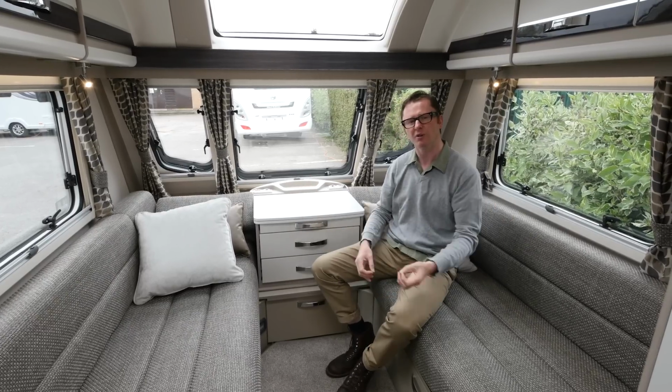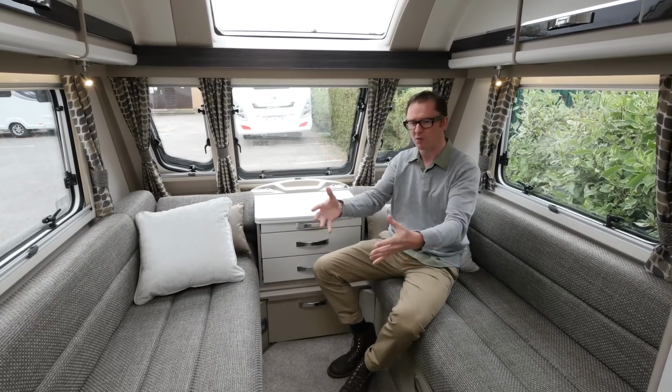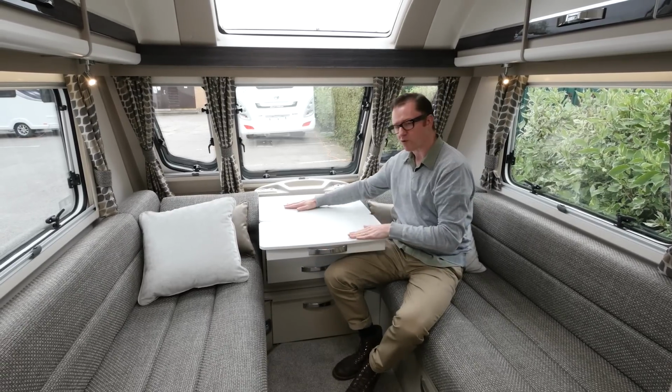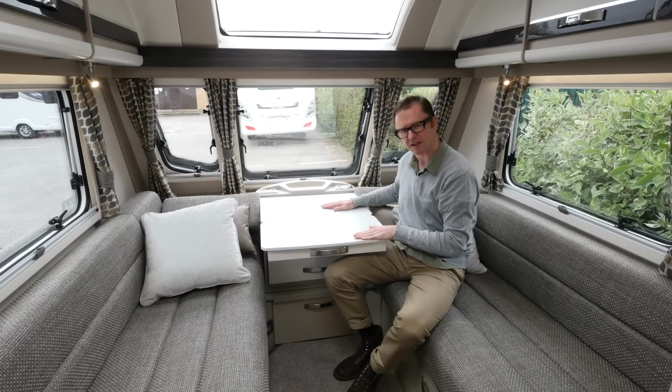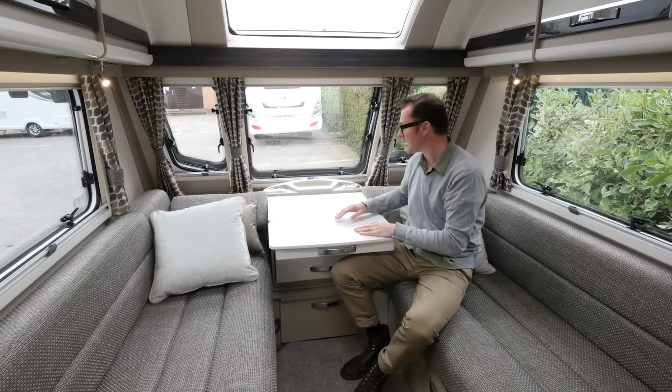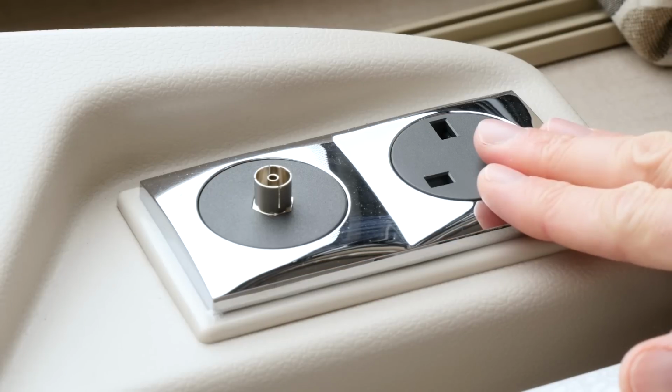And the colour ensemble is very well matched too. I love the worktops all matching together with the centre chest here. Pull that out, a great surface for afternoon tea and other social functions. And of course, for maximum use of friendliness and convenience, you have some plug sockets in the front here and